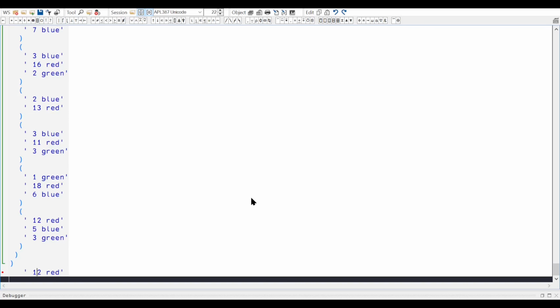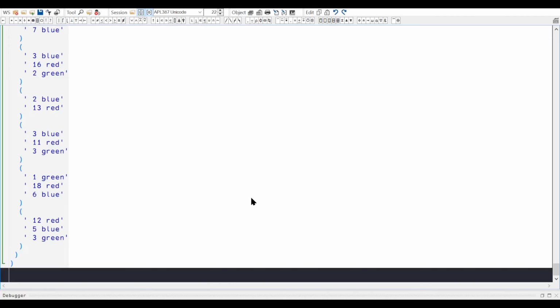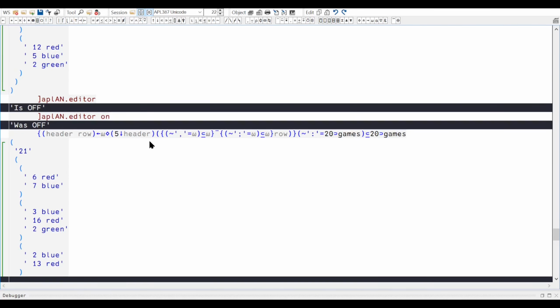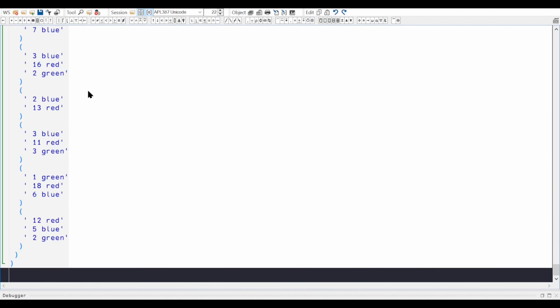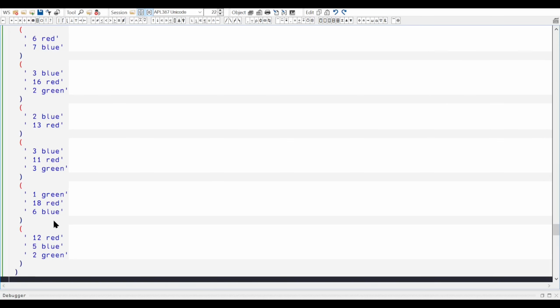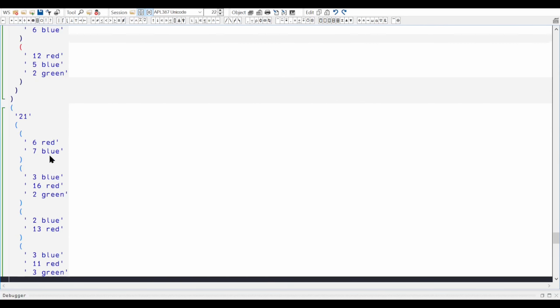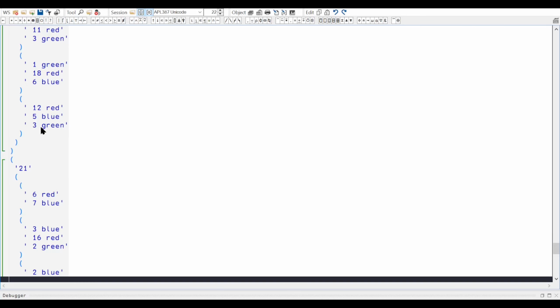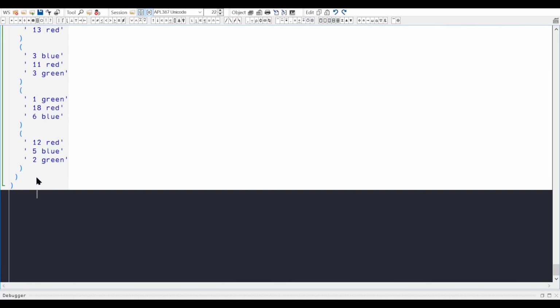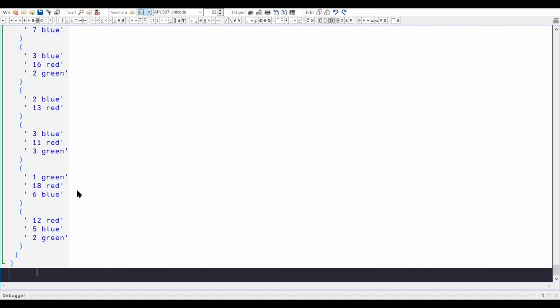And I have to hit shift escape and go back up here to see my output. Does this change to 3 blue? No, we're back to default, I think. I cannot tell what I changed, but 3 green, and we're back to 2 green. Okay, good. We're back here.